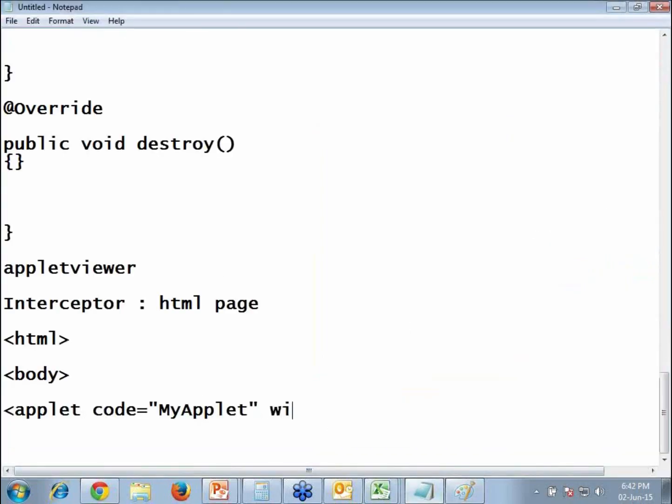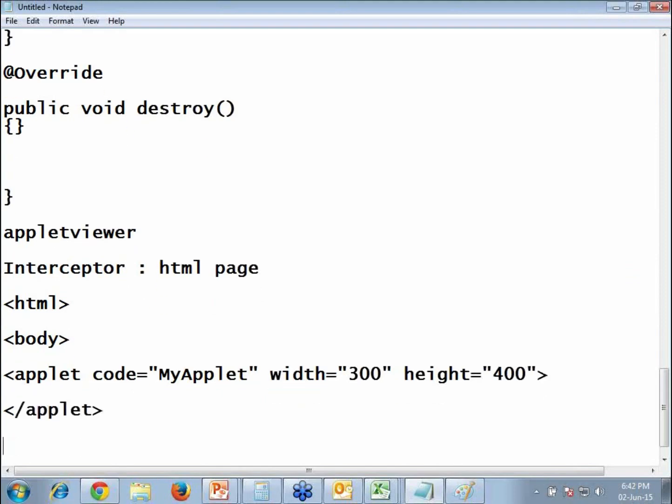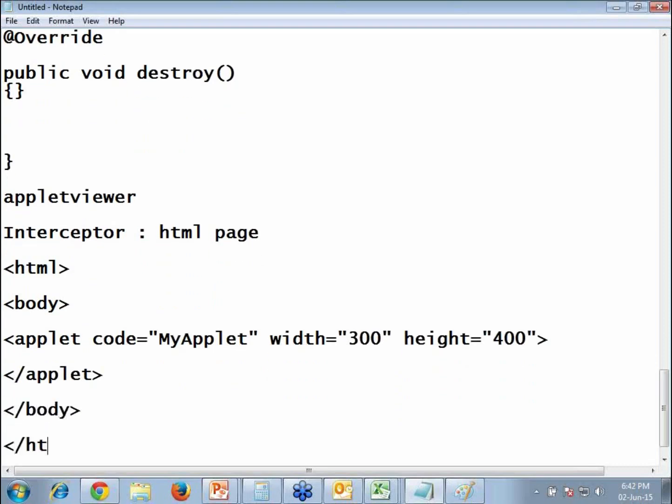So we write the width attribute as 300 and the height attribute as 400. Then we end the applet tag, end the body, and end the HTML. So this is a short demo on applets. Thanks for attending.